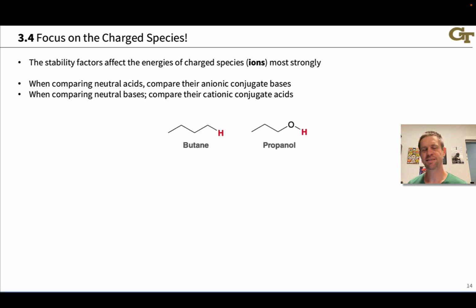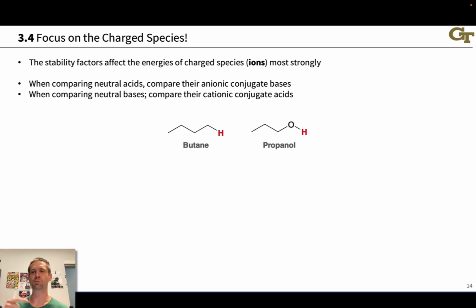Generally, these stability factors are going to have the biggest impact and be the easiest to spot in charged species, in ions. The stability factors affect the energies of charged species most strongly. And so if we're thinking about comparing the acidity of two neutral acids, for example, or the basicity of two neutral bases, it's helpful to remove or add a proton, respectively, to think about the conjugate base or conjugate acid, which has charge. So to give you an example of this,